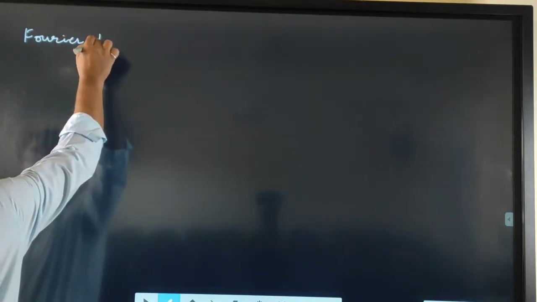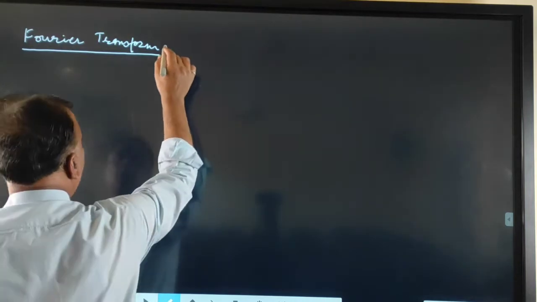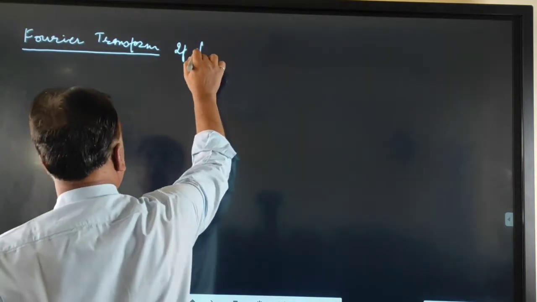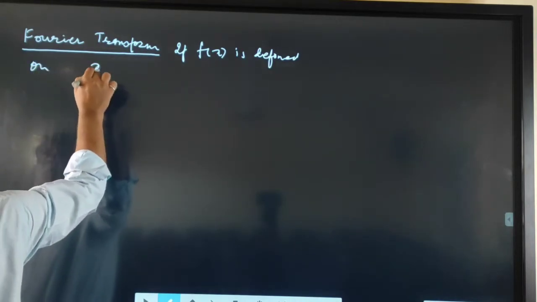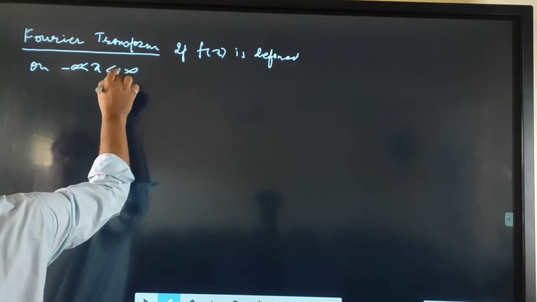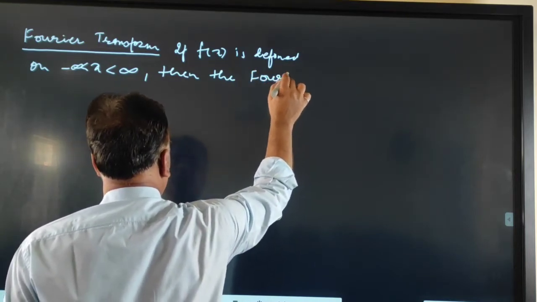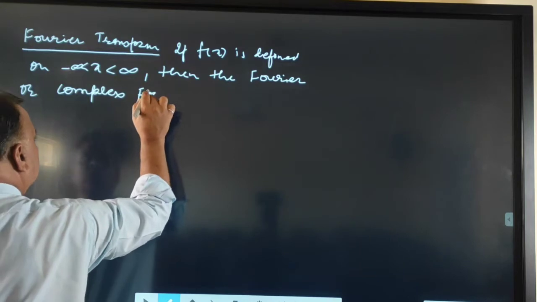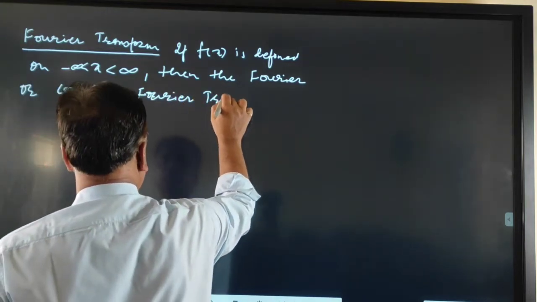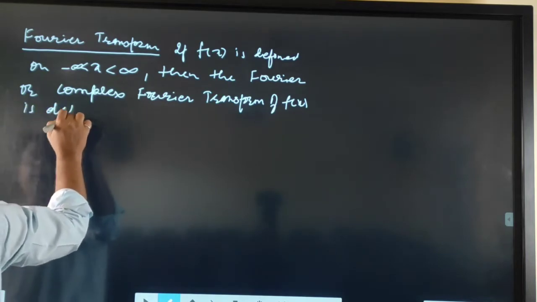The Fourier transformation is: if a function f(x) is defined on x lying between minus infinity to plus infinity, then the Fourier, or complex Fourier, transform of f(x) is defined as